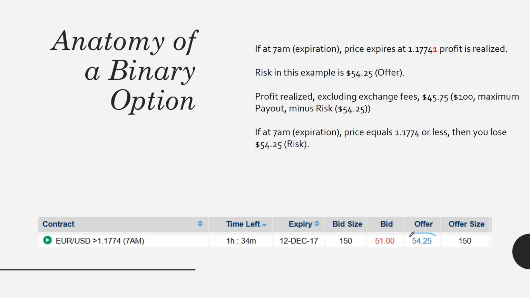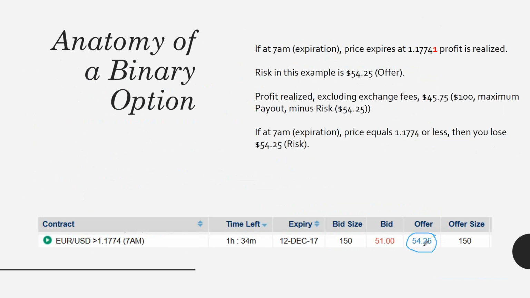You see that right under the offer column. So the profit realized, again, if at expiration the price is greater than 1.1774, then your profit would be $45.75, excluding your exchange fees. Remember, the maximum payout is $100, but then you subtract your risk, which was $54.25, giving you that $45.75